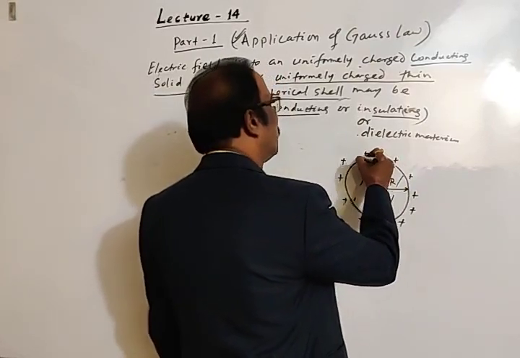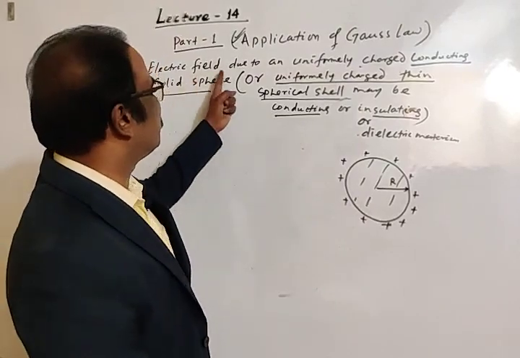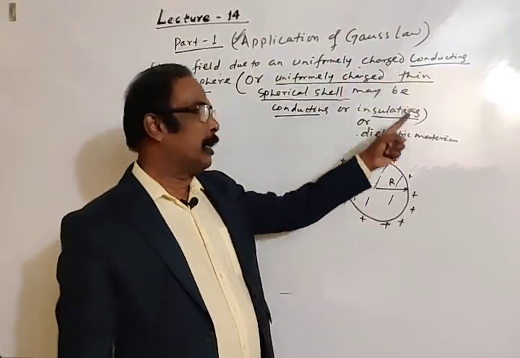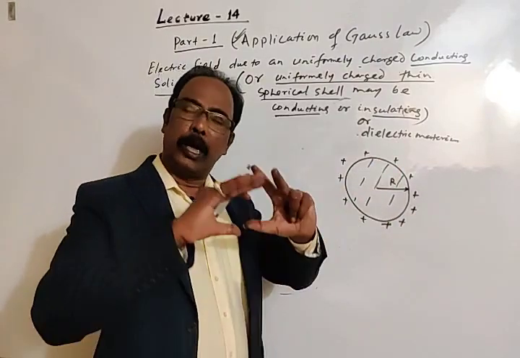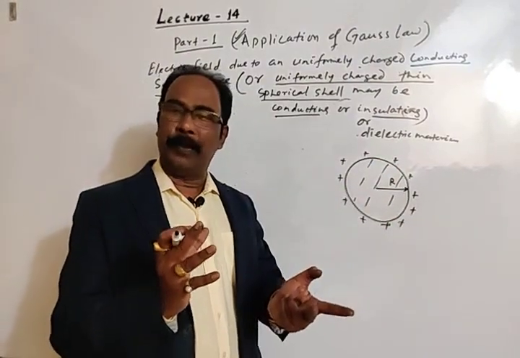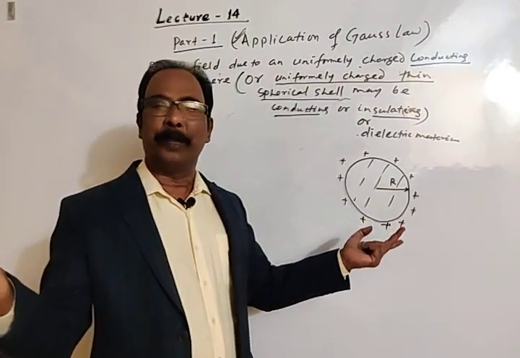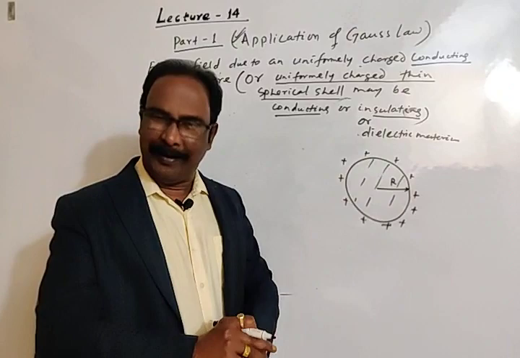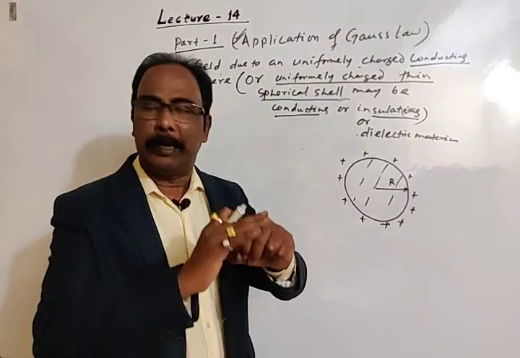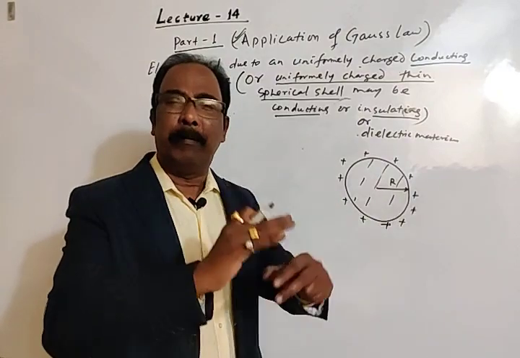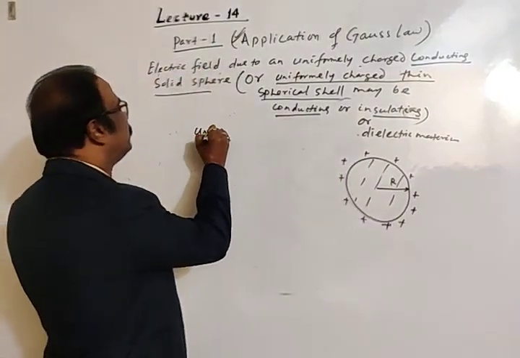Okay, whole charge is distributed on the surface. And we have assumed uniformly charged, means we may assume the distribution of charge on the surface of the conducting sphere is uniform. Means there is uniform distribution of charge on the surface of the conductor. Since charge is distributed on the surface of the conductor, there is uniform distribution of charge. We may take uniform